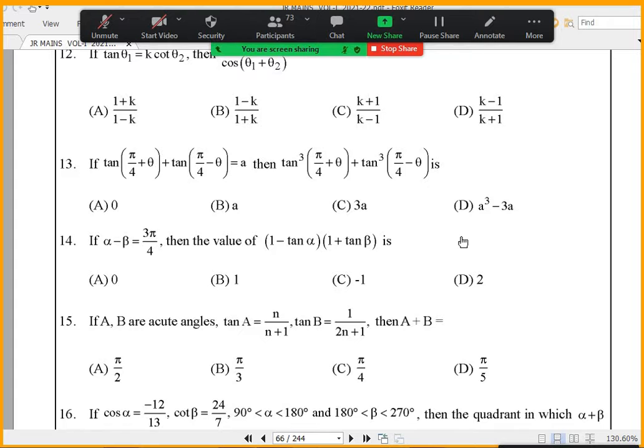Okay. 13th question. So 13th question, option D, sir. Mainly, in school level you might have learned something in algebraic relations. Here also in the bridge course we taught something. Of course, whether you attended the bridge course or not, it's okay. For a cube plus b cube, there are two formulas. You can write a plus b into a square plus b square minus ab, or a plus b whole cube minus 3ab into a plus b. If you use that, you'll get this. Anybody still need to copy from the board? No, sir. Okay.